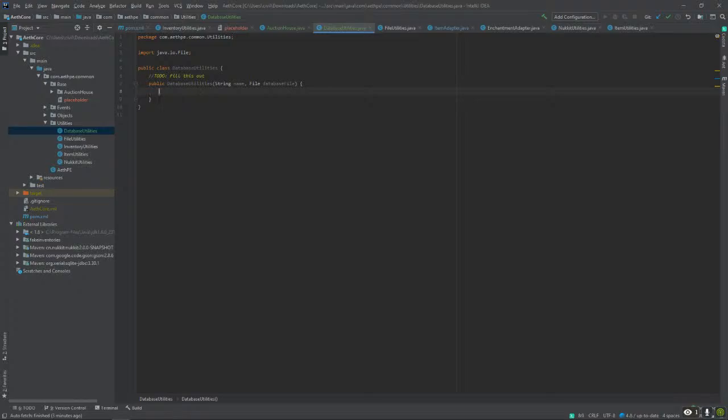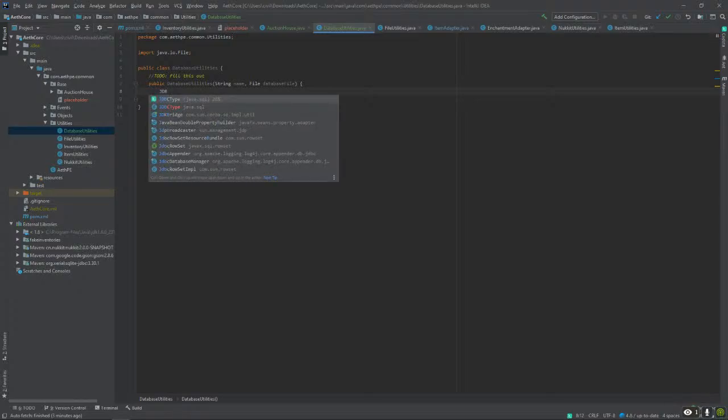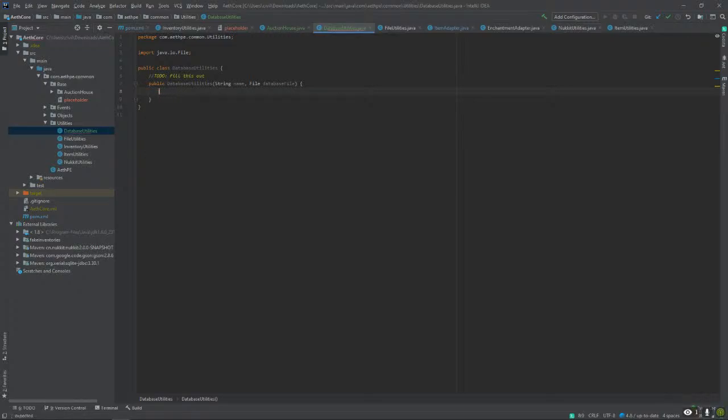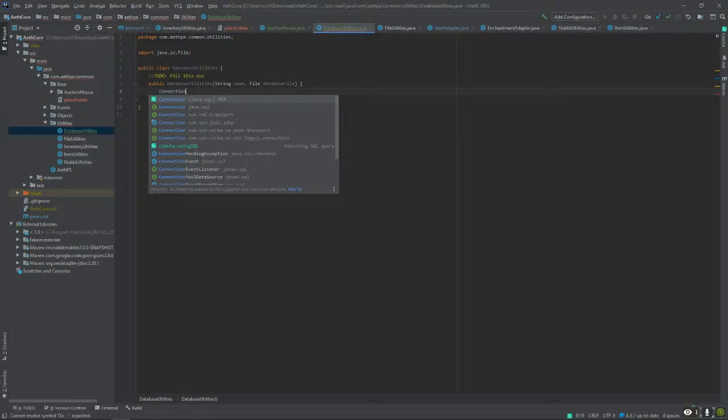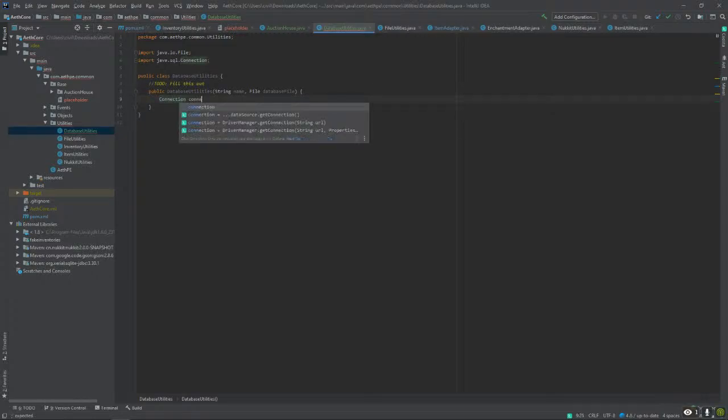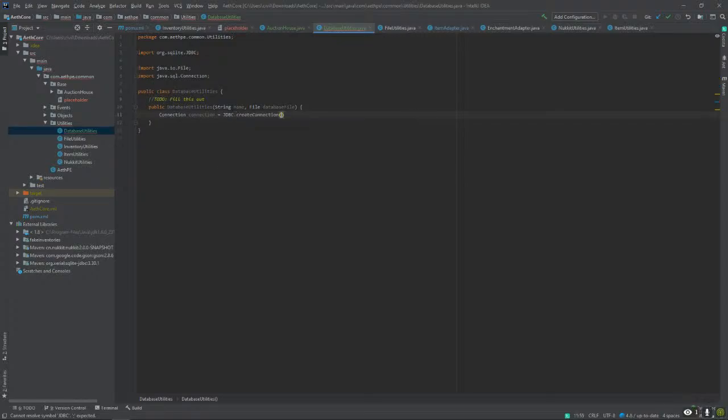Right off the bat, we need to create a new JDBC connection. Connection is equal to JDBC dot create connection.